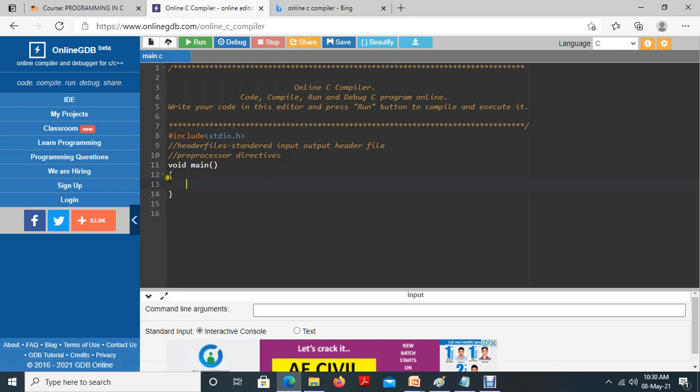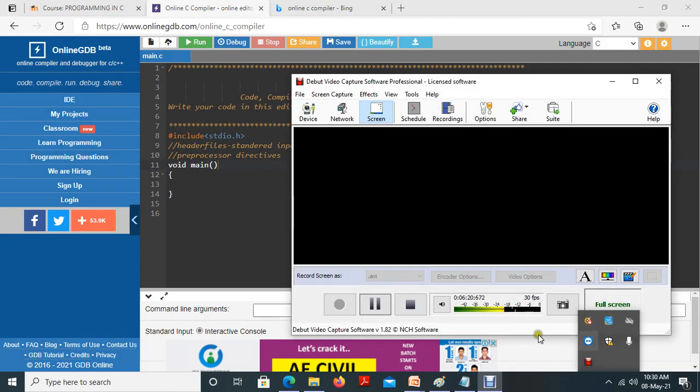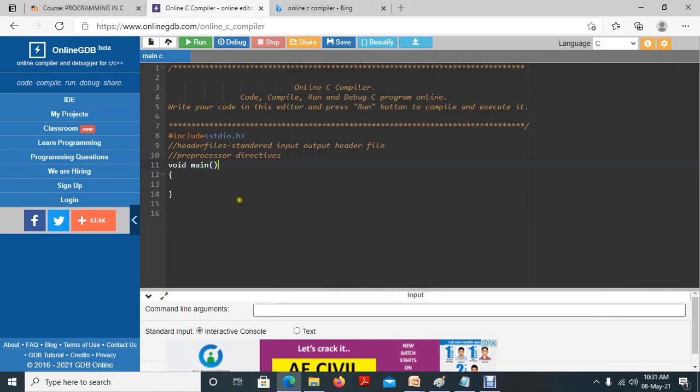For that, we mention the inbuilt function named void main. We inform the compiler: listen compiler, my program execution should start from line number 12 and complete the execution at line number 14.